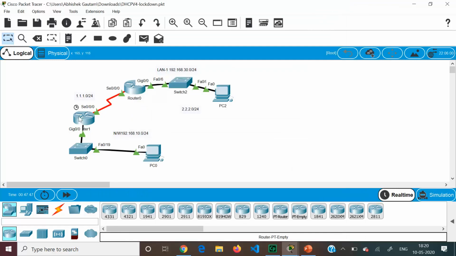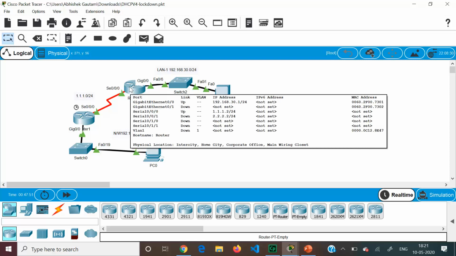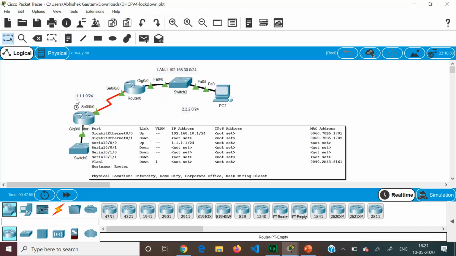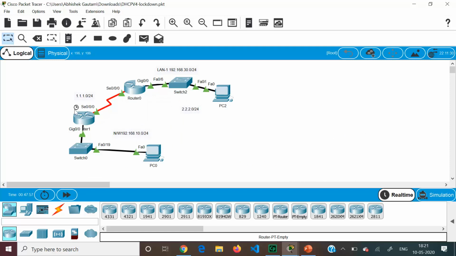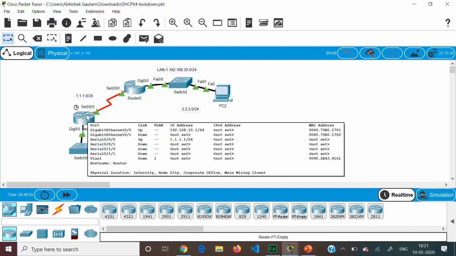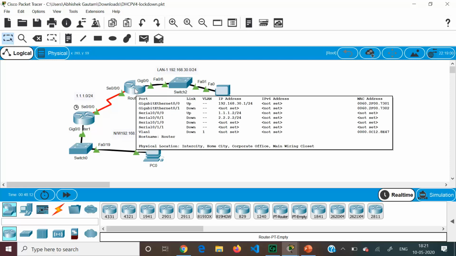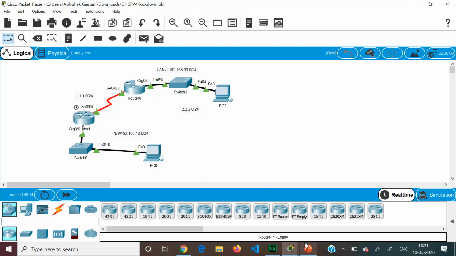For this communication between routers, we have used the RIP routing protocol. Router RIP has been enabled on both routers. In this Routing and Switching 2 course, we have learned about EIGRP. You can also use EIGRP routing between router 0 and router 1, so that when it is asking for help, it can send the message to router 0. If routing is not enabled, it cannot take help from router 0. So that is the requirement.